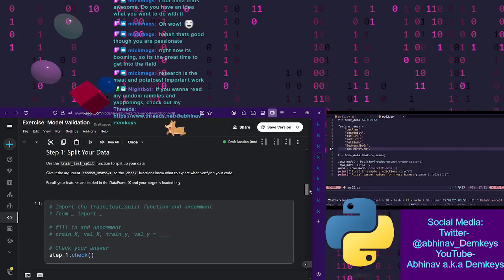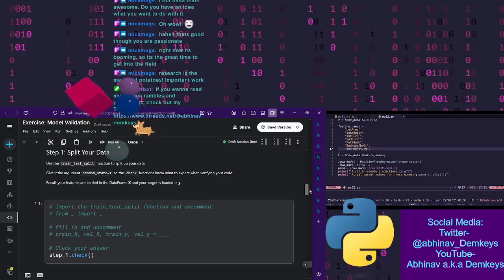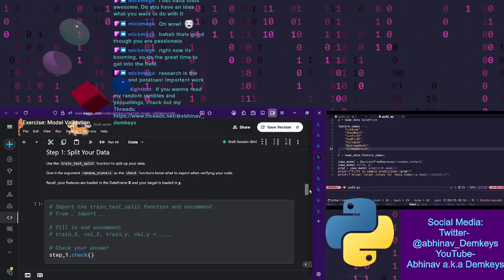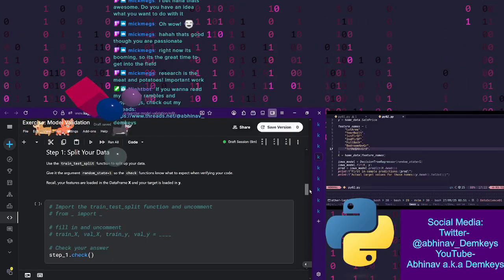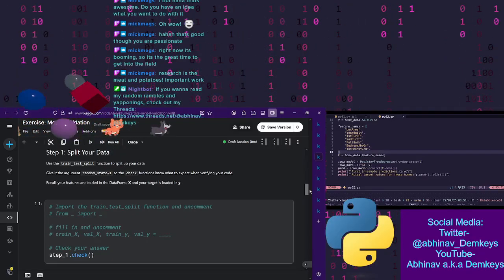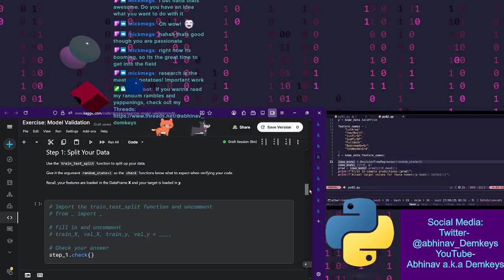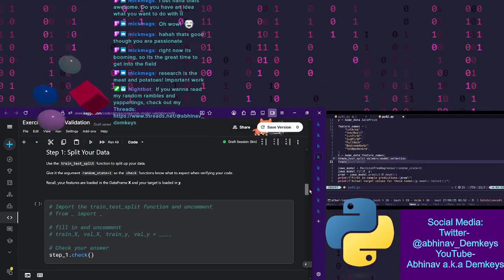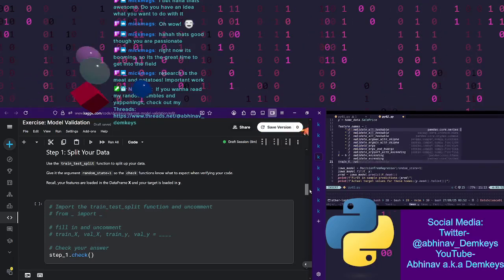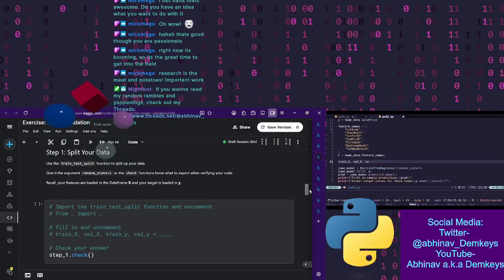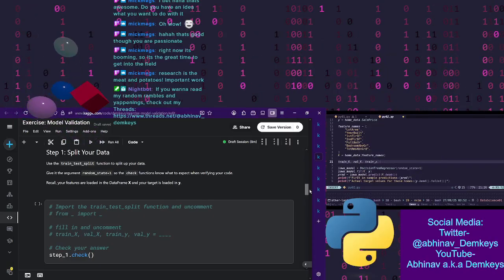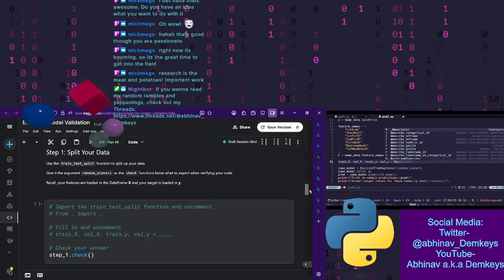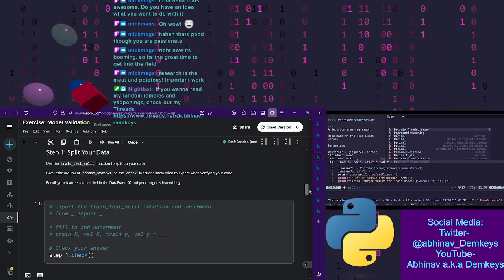Give it the argument random state 1, so the check functions know what to expect when verifying your code. Okay, I think we have to do it here, right? So train_x and val_x, and then train_y, and then val_y equals decision tree, no, test. It was train test split